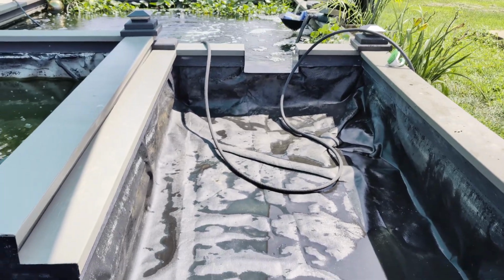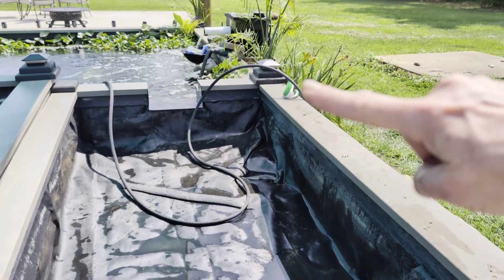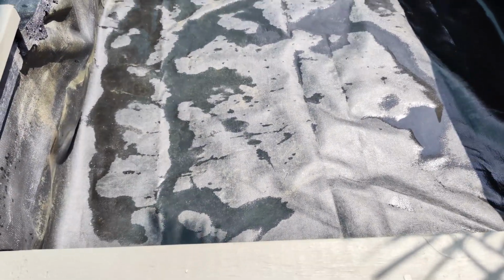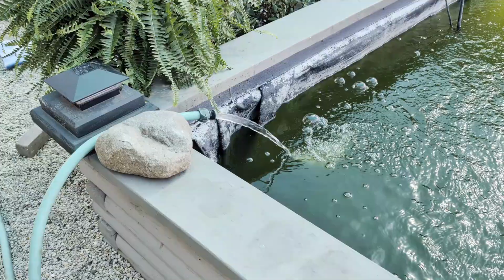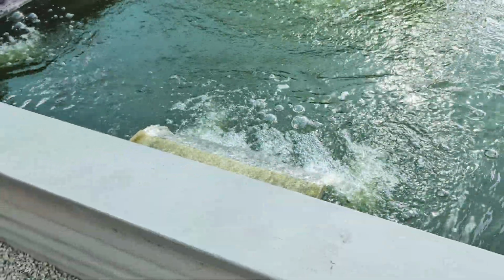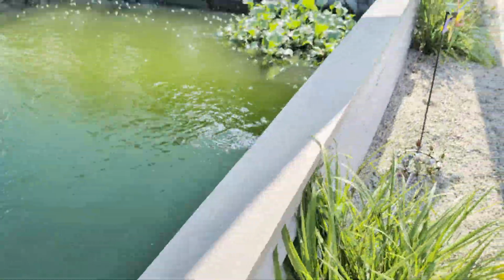Okay, that's all cleaned out now. That's the scrub brush we use only for fish. So I scrubbed all that out, rinsed it all out, sucked it all out, and I'm ready to fill it up. We have the hose on. I've gotten that taken down. And I've got this up